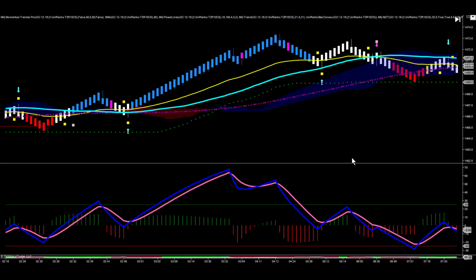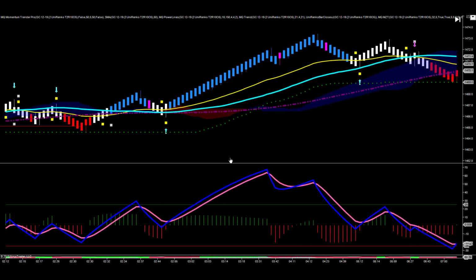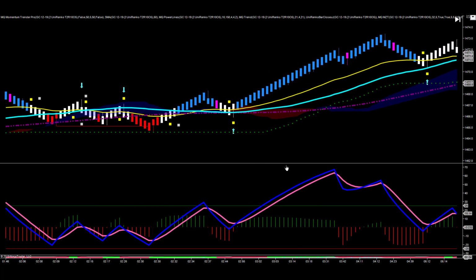Let's take a look at one of our favorite Renko setups that we were trading during the live trading room during the London session this morning. And that is our slow line zero touch continuation out of the cloud. This is a pretty high probability setup trade that we look for every day, and we had all the proper